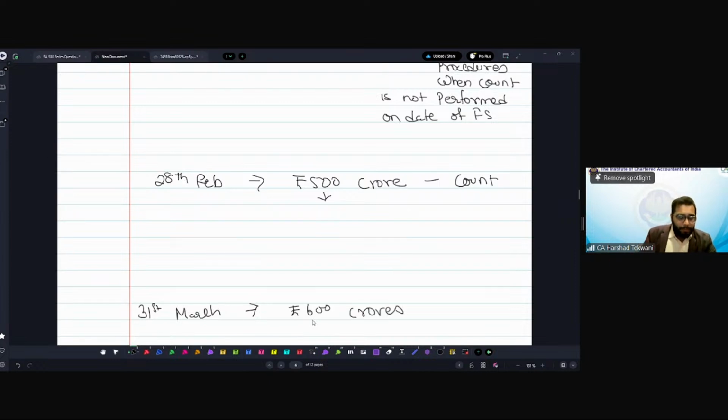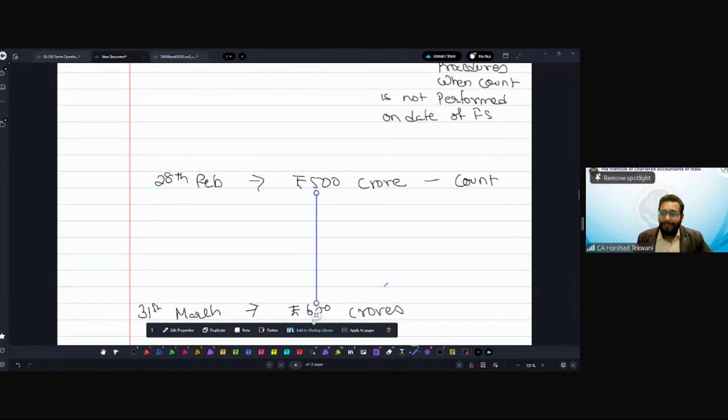Now, between this particular period, there are a few things that I need to understand and perform. So let's say, for example, I am comfortable with the 28th Feb 500 crores inventory count that is done. Now, if I need comfort on 31st March from 28th Feb, the first thing that I need to perform is